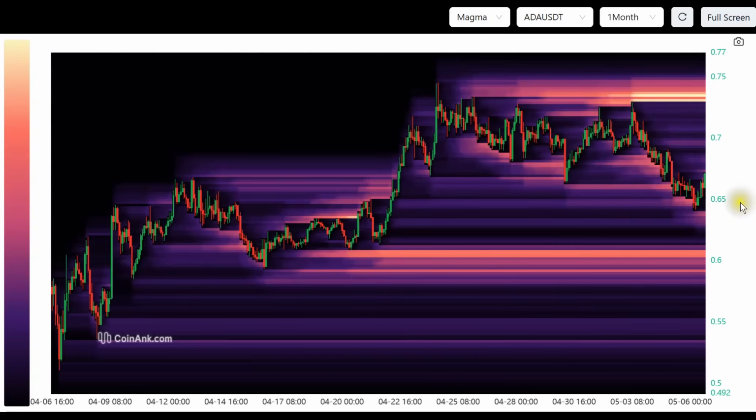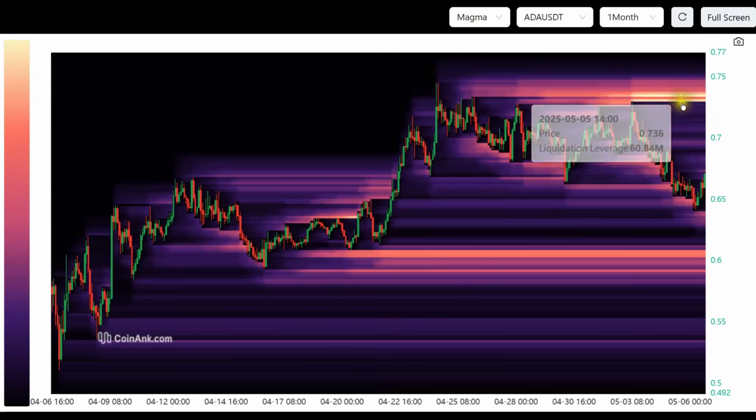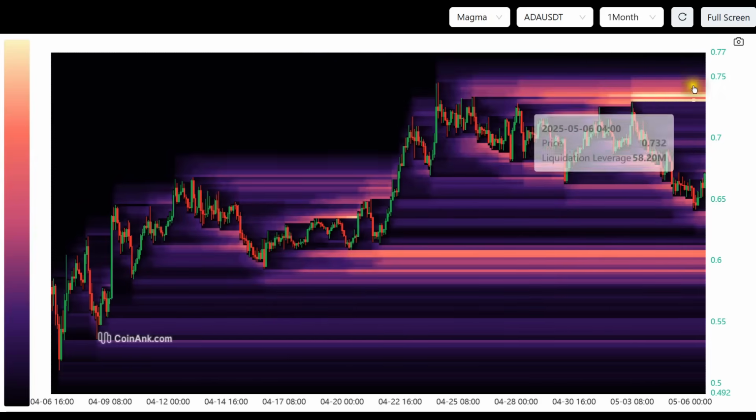It looks to me like the most likely thing is that price is going to move up, attempt to take these out in this range, which will likely give it the momentum to keep chewing on this, taking out this previous high right here. At that point we'll have to take another look at it, see how things have changed, see where the liquidity has been distributed, and make a decision on whether or not we think it's going to go higher or stall out and maybe have an area of consolidation, kind of similar to what we've seen in this area. But overall, I think there's a very good chance we're coming to this area right here,